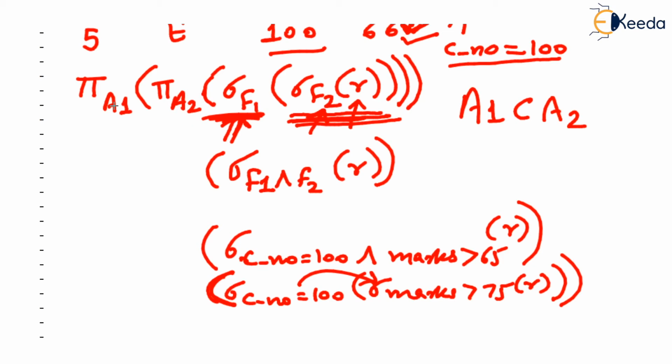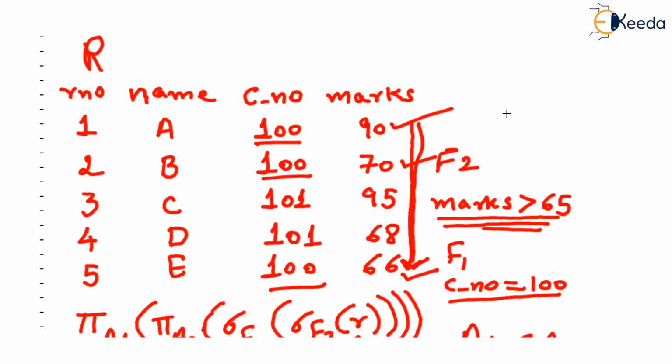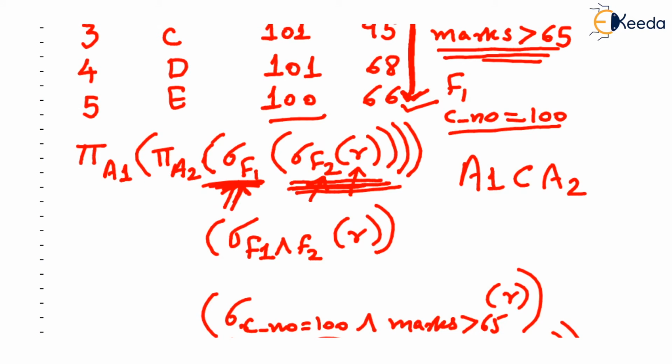What I mean here is, if I continue writing our earlier example, we have got those students who score more than 65 in course number 100, isn't it? And imagine that the first project on A2, I write it like this: project roll number, comma, name, and put a bracket here. So what will be selected, or rather projected? Only roll number and name of those students who belong to course number 100 and who has scored greater than 65. I hope you understand.